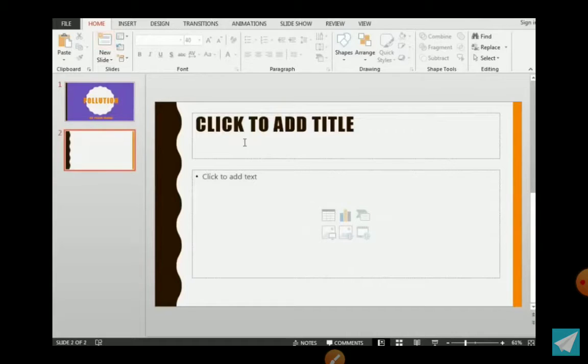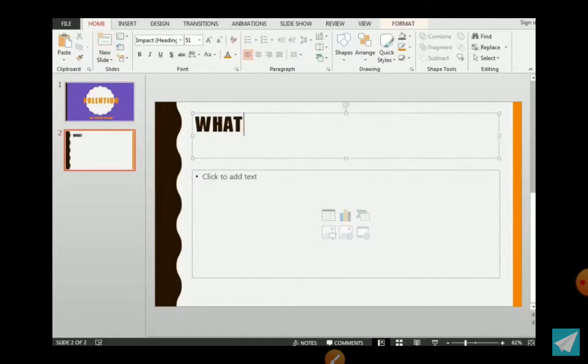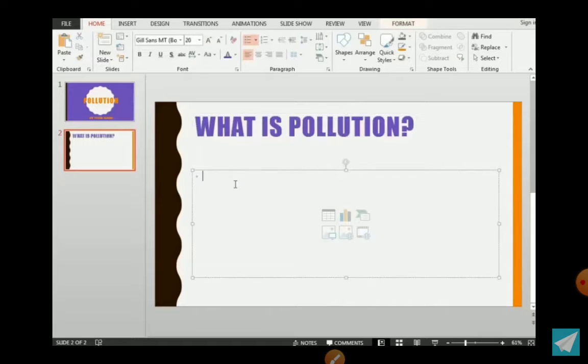New slide option from the home tab, and then what is pollution, then adjust the font color, the font size. Okay, now we will type what is pollution. So we will give a description for the pollution.